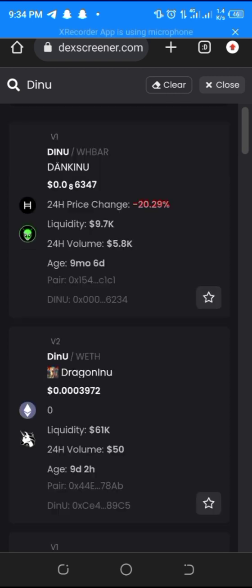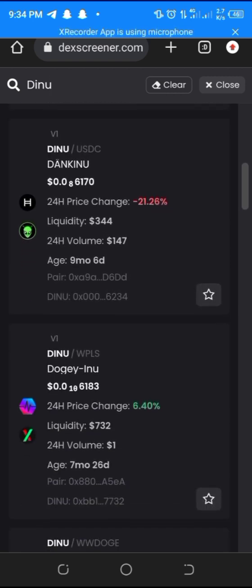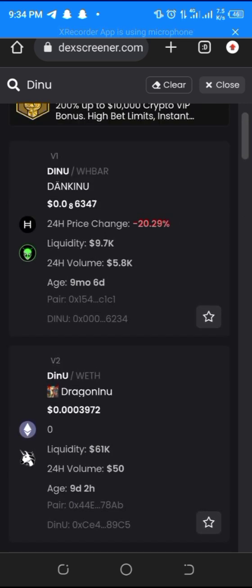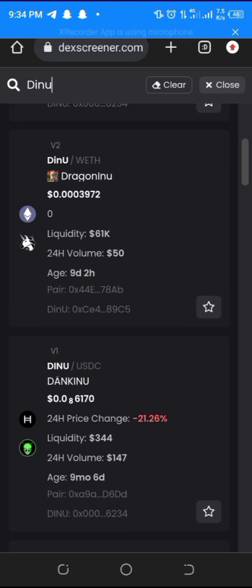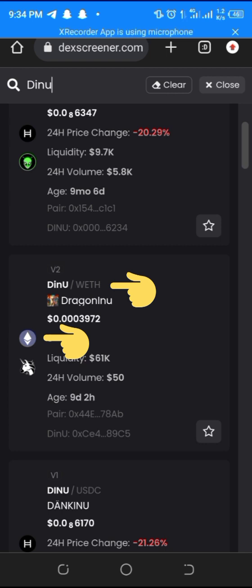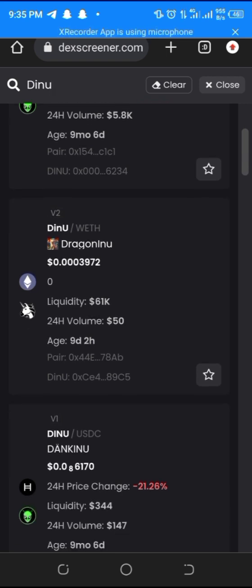So let's say I've typed the name here and you are seeing them on several blockchains, right? Now you want to know the one exactly. Now this one, this Dino, you can see that after this second one, which is on the Ethereum blockchain, this is the logo of the DEX where it is trading, and it is called Uniswap. I know this because I've used Uniswap before and I know their logo, right? But a beginner like you may not know their logo, right? So that is why you will need to